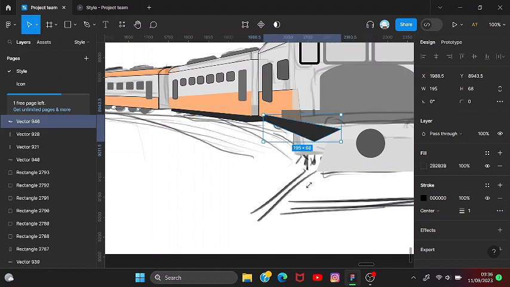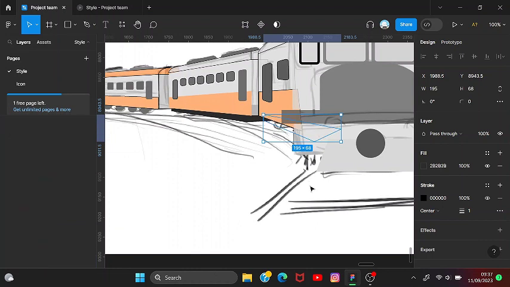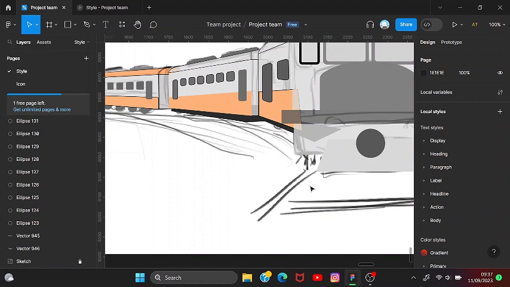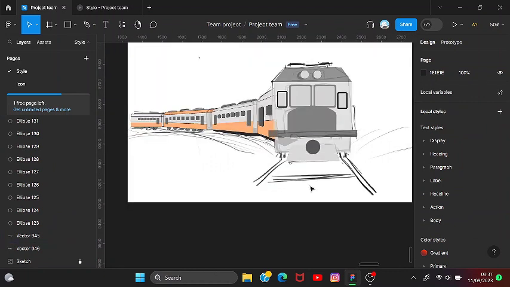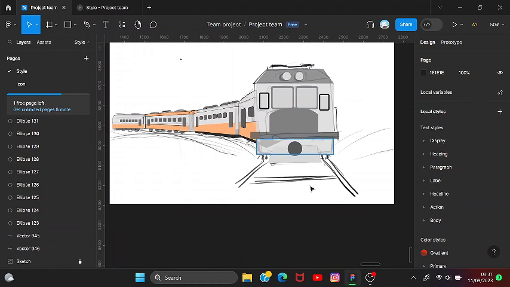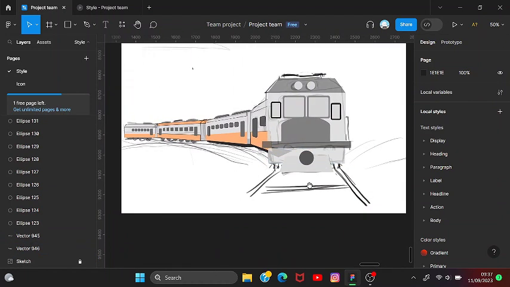Okay, we can make some detail first. Okay, so this is it. After you finish the train